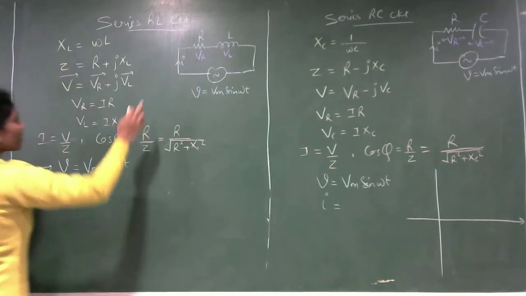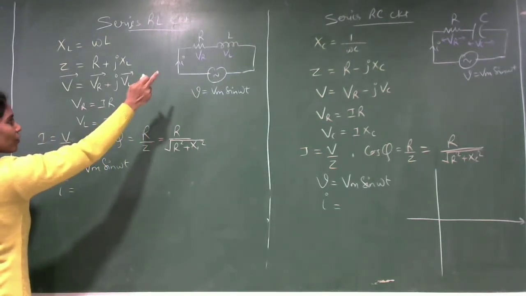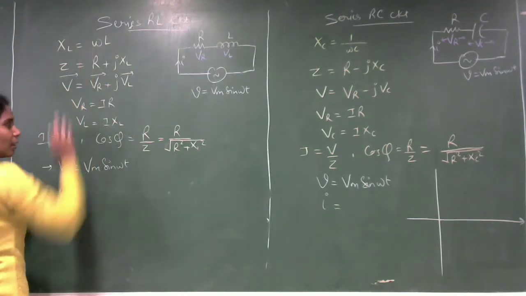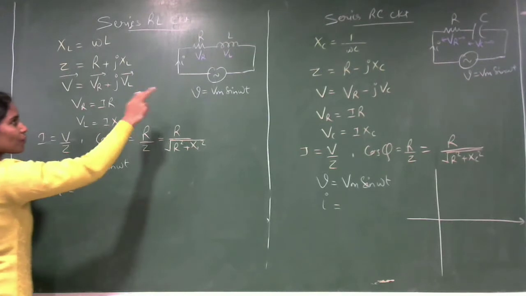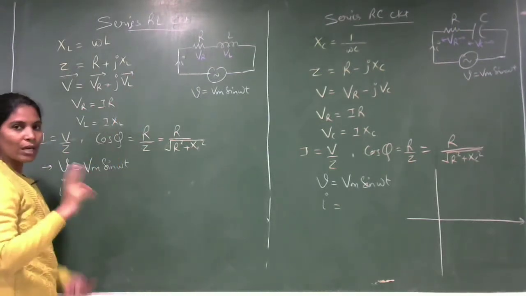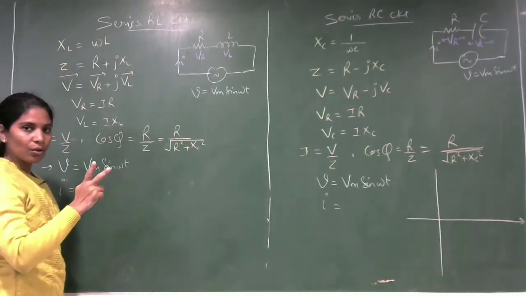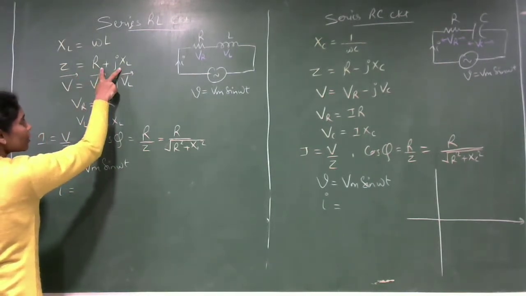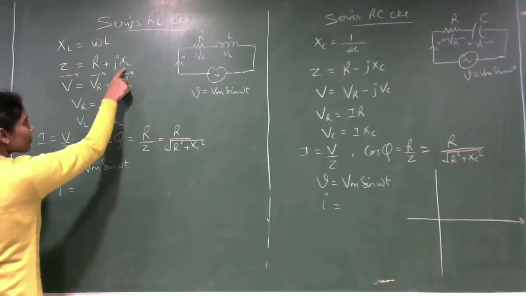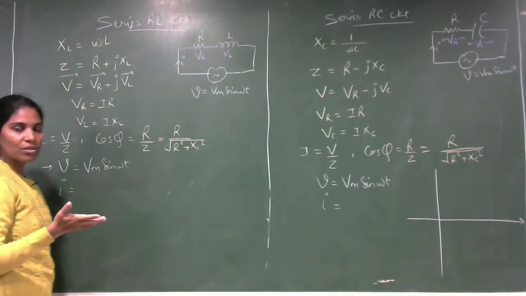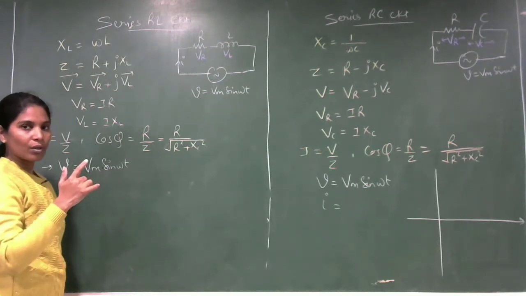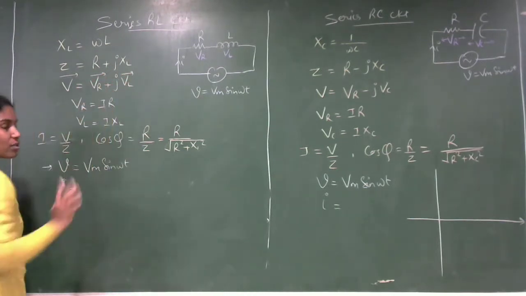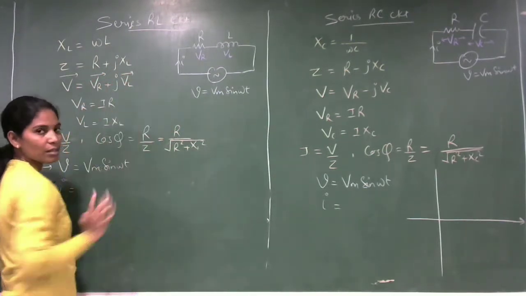Now here we have the inductance term L. So when we go for the solution, we have to use the inductive reactance term. So what is XL? That is omega L. Okay, so what will be the total impedance of this circuit? In this circuit I have two elements, resistance and inductance. So in the impedance equation I have two terms, resistance and inductance. Now as we have seen, the XL term is related with the plus J operator. So we add this plus J operator, that is Z equals R plus JXL. So that is the total impedance of this AC circuit.